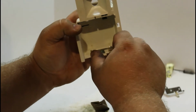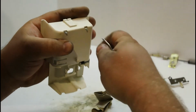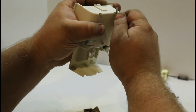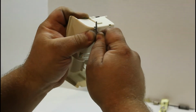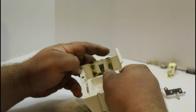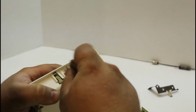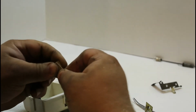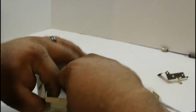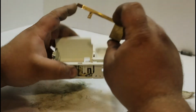This piece slides back in here. We are going to send this clip back down into place. That contact's good. I wanted to touch up this contact. There we go, that should clean up really well. Alright, so